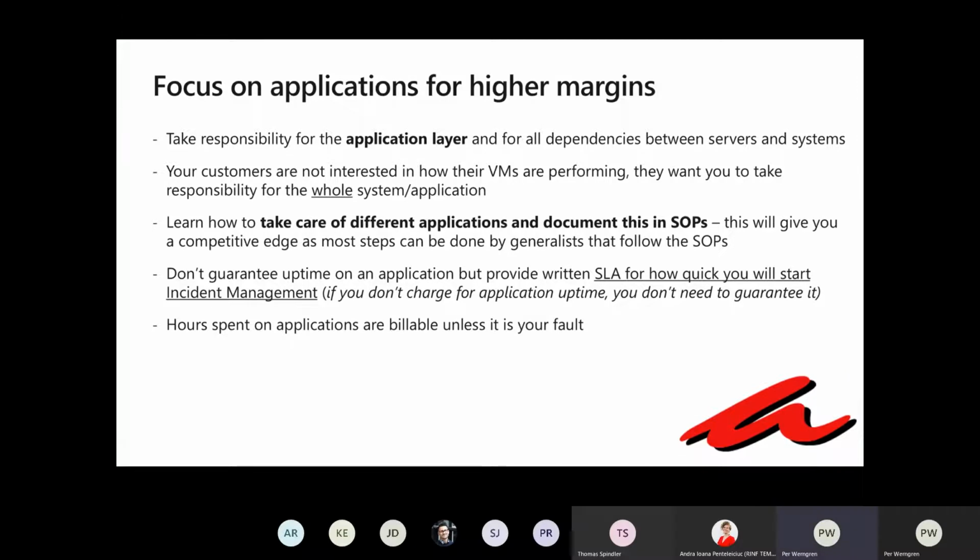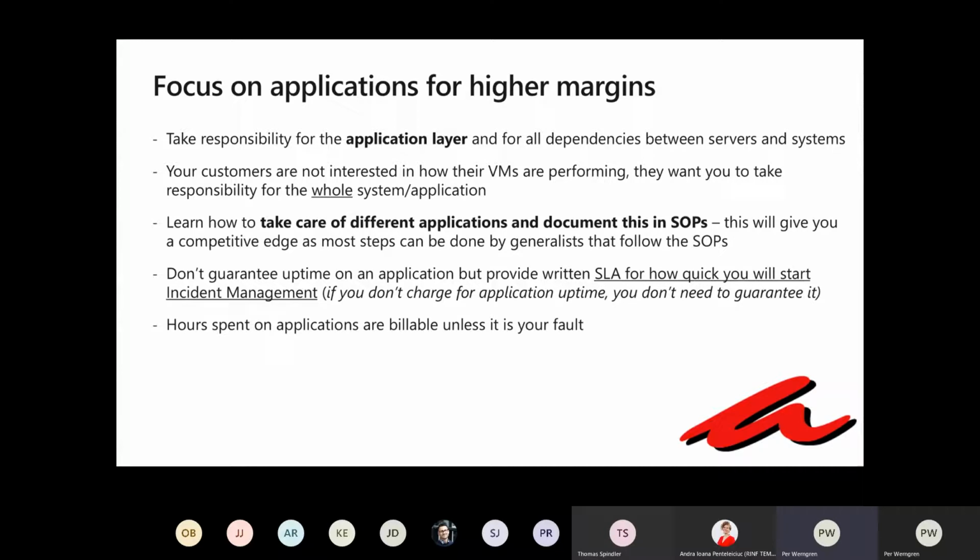Because your customers, they're not really interested in how their VMs are performing. They are more interested in how their systems are performing. So the more knowledge you have, the more efforts you can bring in to make the experience around how an application is working, the better off you will be in the eyes of the customer.